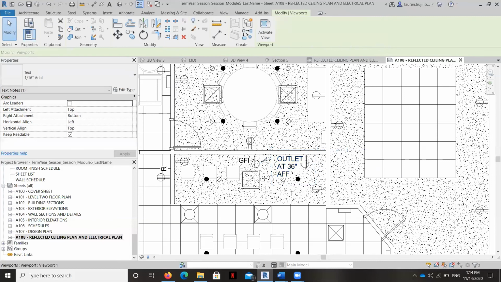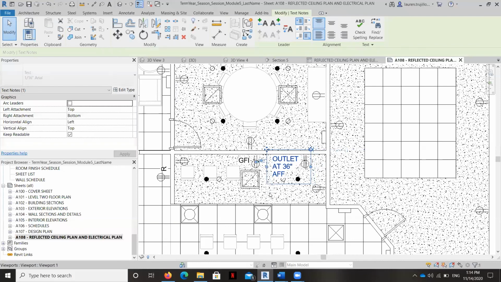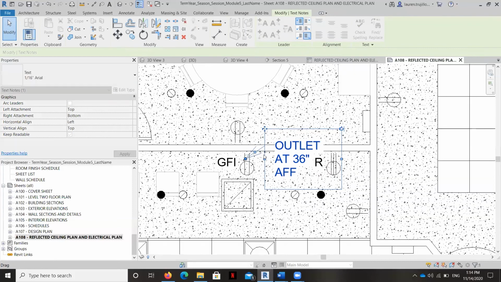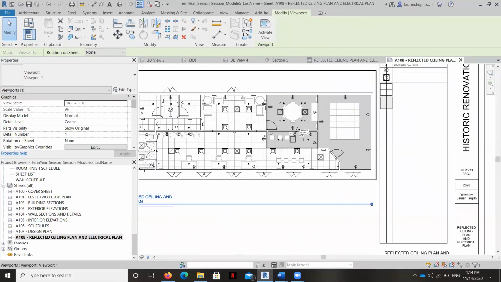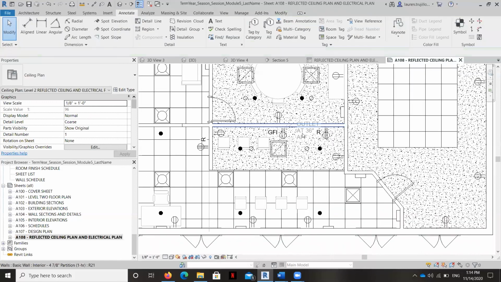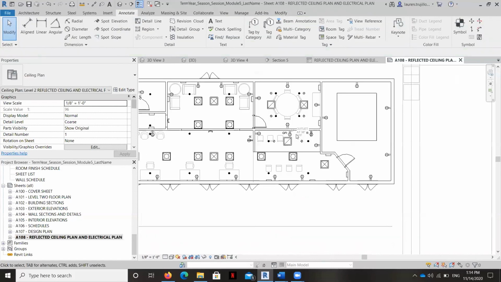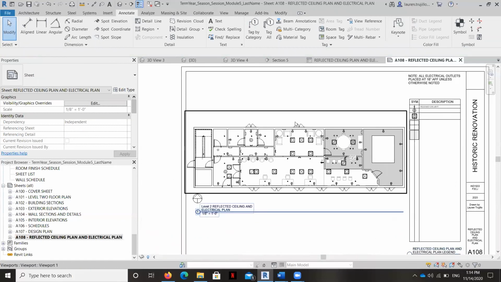And move it over just a little bit. And the rest of the outlets are probably okay right where they're at.